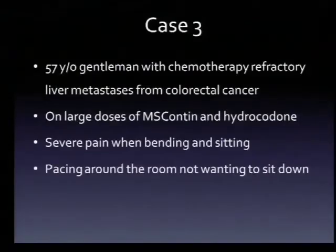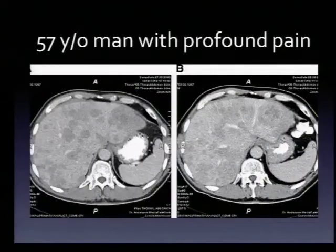So case 3, Dr. Ottoman referred this gentleman to me. He had fulminant colorectal cancer. When I met him, I knew that Dr. Ottoman had treated him as much as he could. He's got chemotherapy refractory liver metastases, and he was very uncomfortable. Couldn't bend, couldn't sit. He was pacing the room because he was in so much pain. And his CT scan showed fulminant liver metastases,